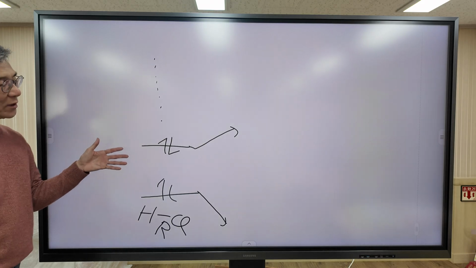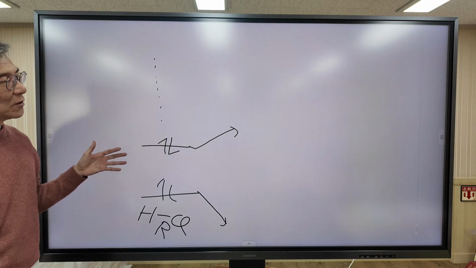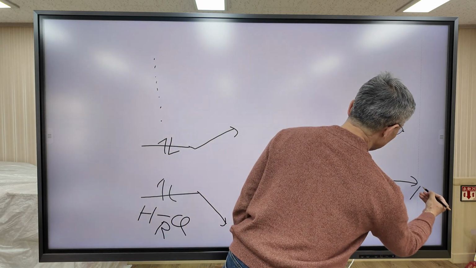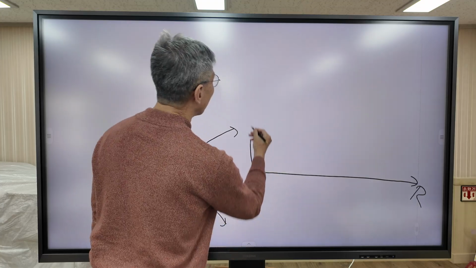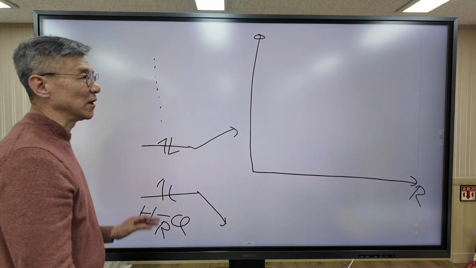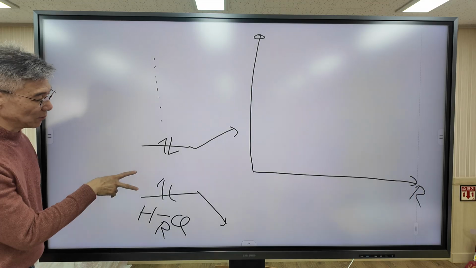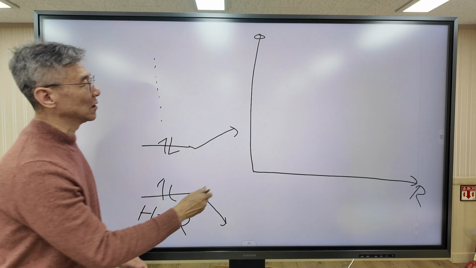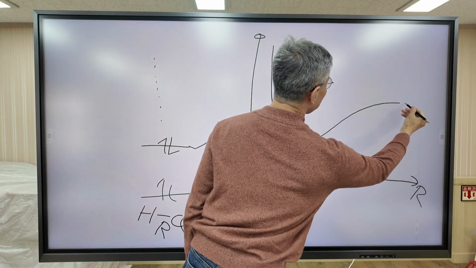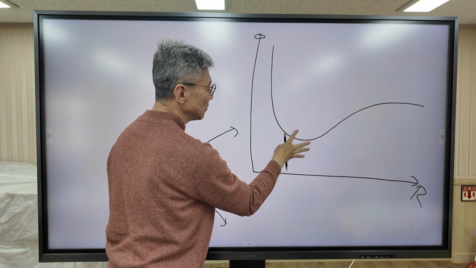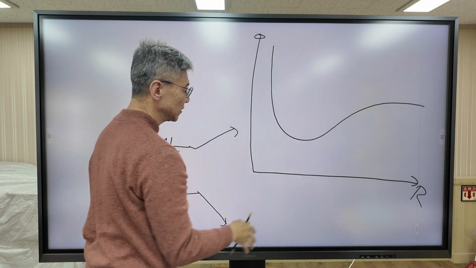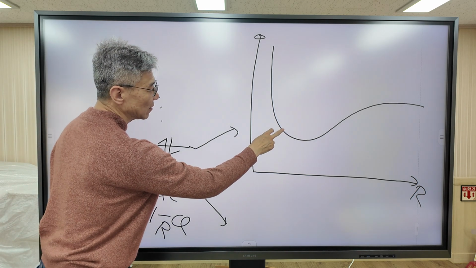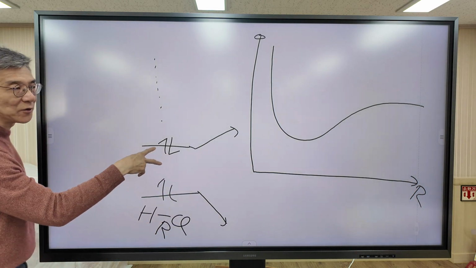And with this molecular orbital and electronic configuration, we can draw a potential energy curve which looks like this. Here, the x-axis represents the internuclear distance r, and the y-axis represents the total energy of the electrons. So with this molecular orbital energy level and this electronic configuration, we can plot the potential energy curve, which looks like this. The potential energy curve definitely depends on internuclear distance r, because the molecular orbital energy depends on r. So this is the potential energy curve for the corresponding electronic configuration.